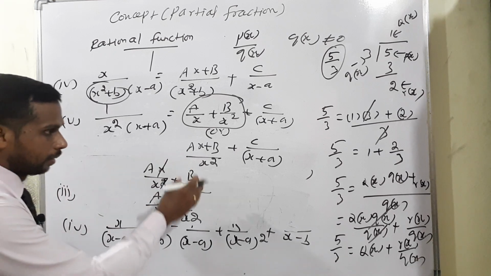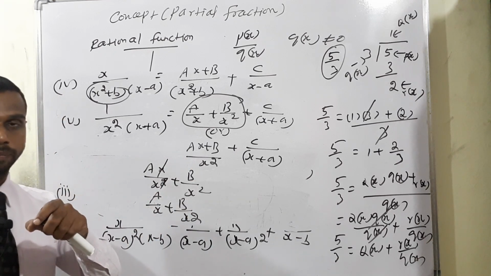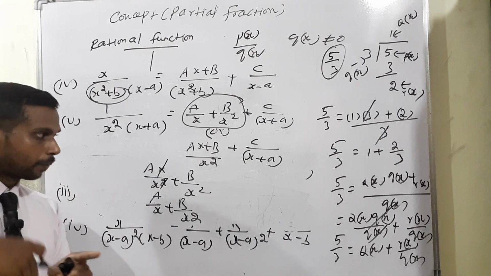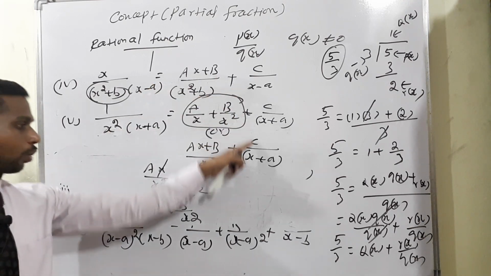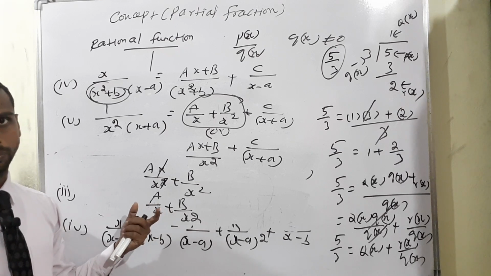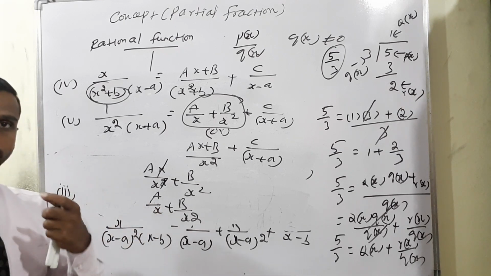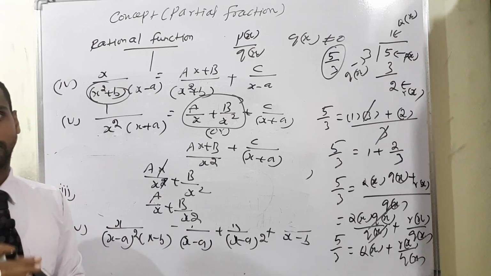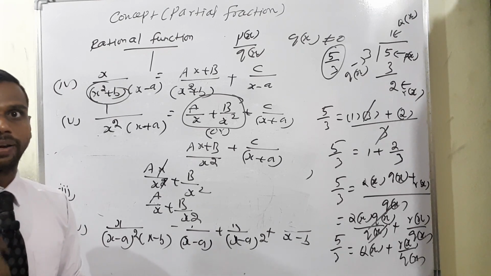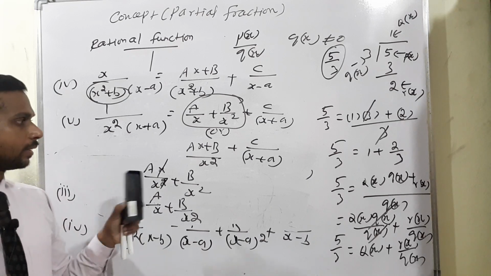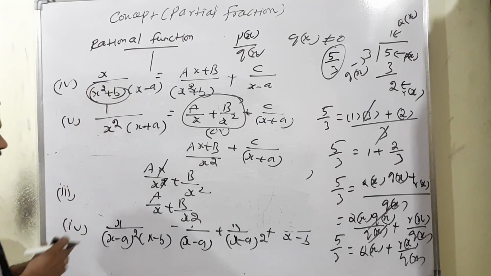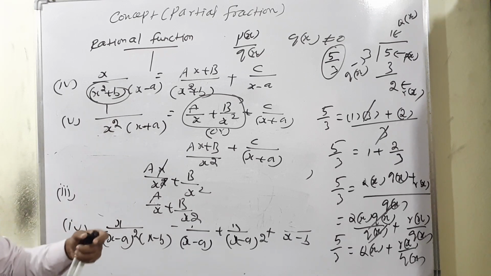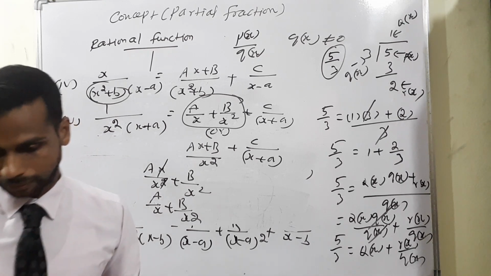In this method, when you meet an improper rational fraction, first you have to convert it to proper, then apply according to the type. So we have discussed three different types of the concept. First one, different factor. Second one, repeated factor. Third one, non-factorized quadratic, such cases. Already we have discussed. So this is the way. Now I am moving to the question. Stay on the line.